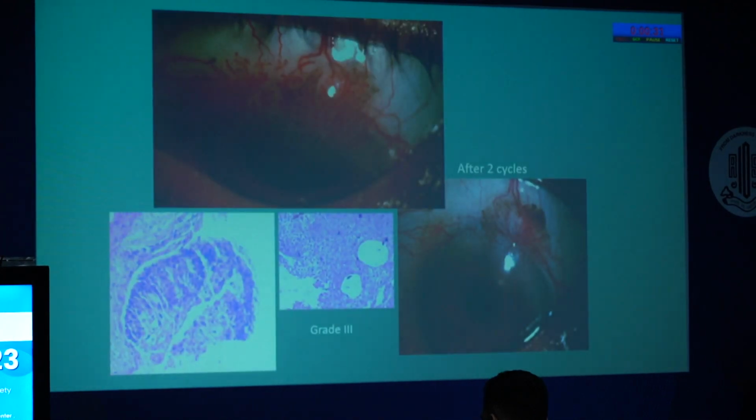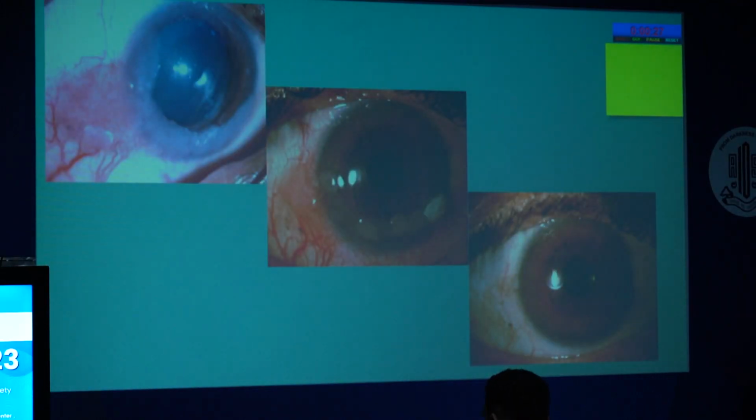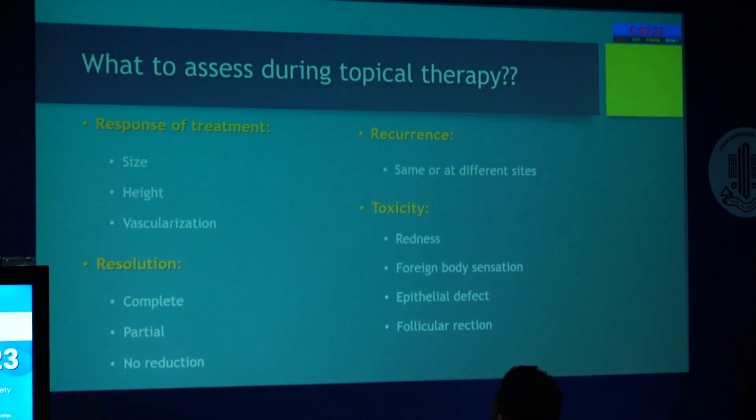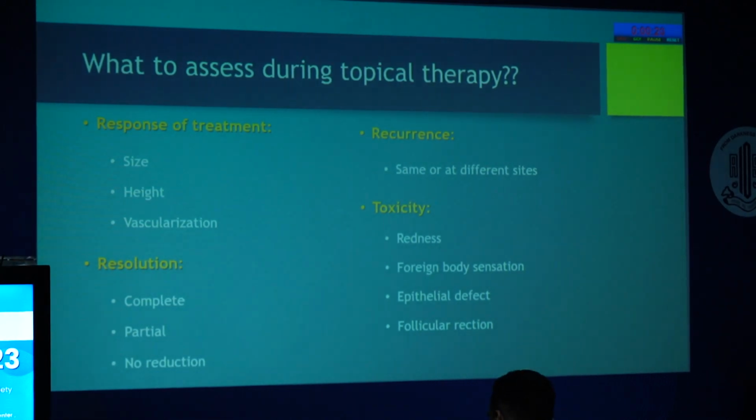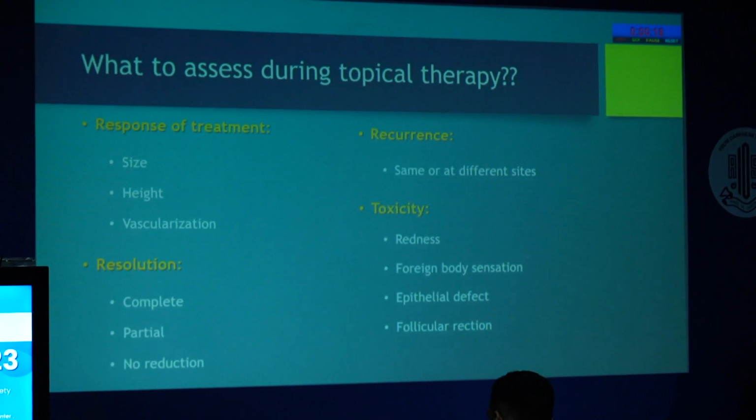So this drug also gives a very good response in OSSN cases, in all types of cases except some nodular and nodular ulcerative. So what to assess during topical therapy in OSSN? We have to check the response every time in terms of size, height and vascularization. We have to see whether the tumor has resolved completely or not, or we look at the recurrence. And the most important part is the toxicity monitoring in terms of redness, foreign body sensation, epithelial defect or any